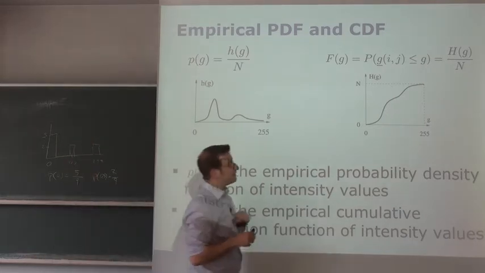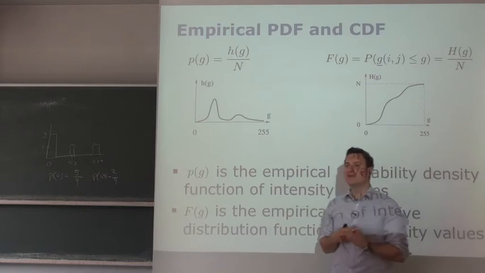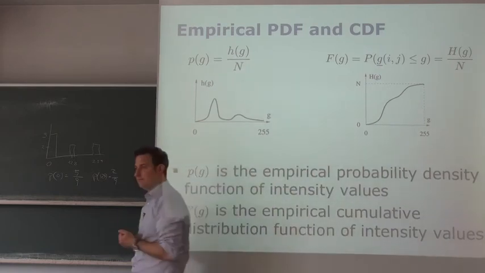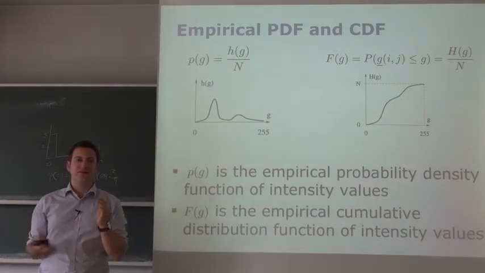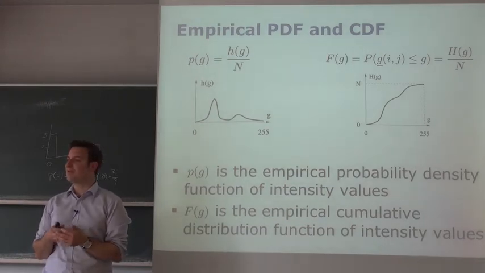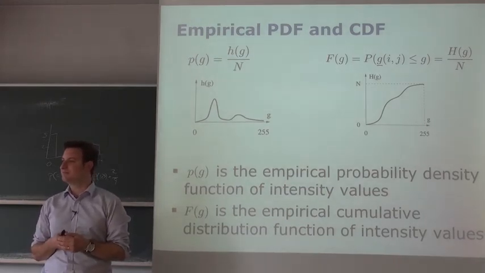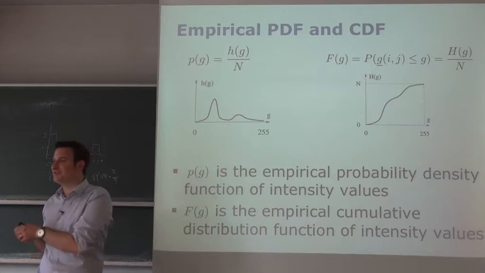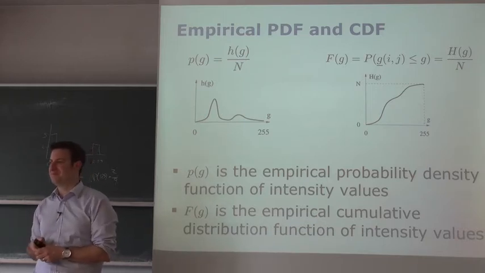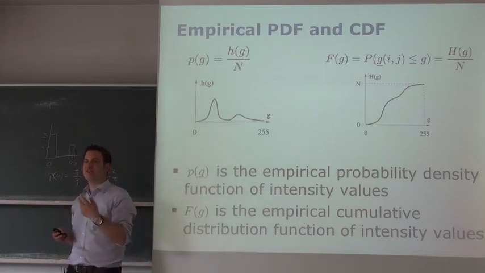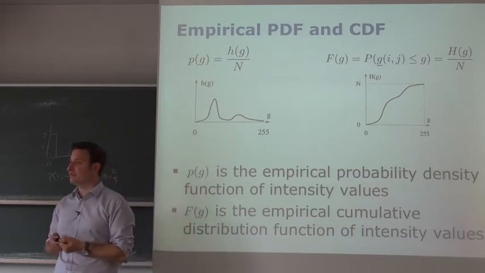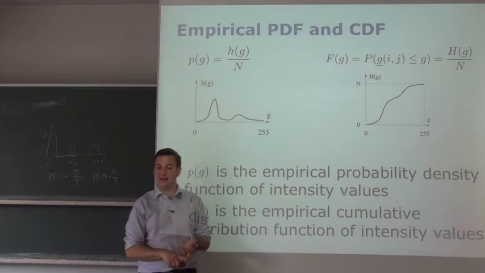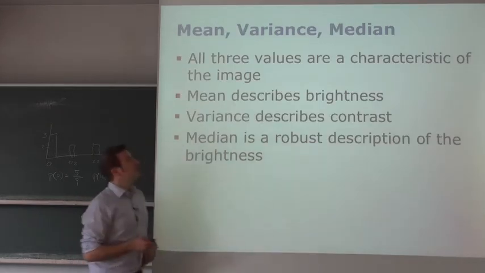Okay, so now let's analyze those histograms, because the histogram tells me something about the image, as I said before. If I have such a distribution, what are standard ways for describing a distribution? Some key values. The moments of the histogram, the key moments. So mean and variance are, for example, two which I'm typically interested in. I can take these histograms and simply compute the mean value of this histogram. I also can compute the variance, or I can compute the median of this histogram. So these are three important